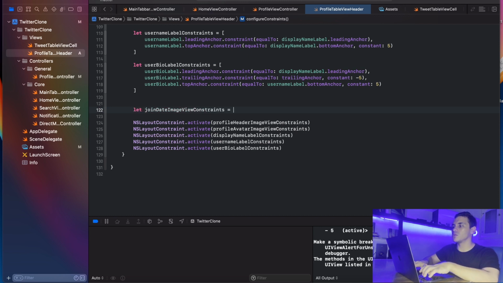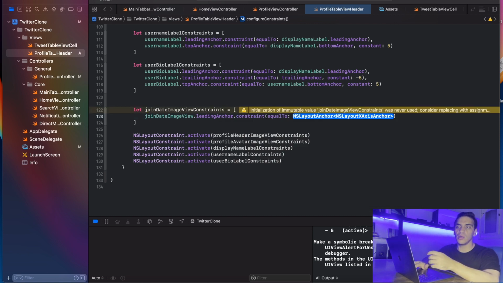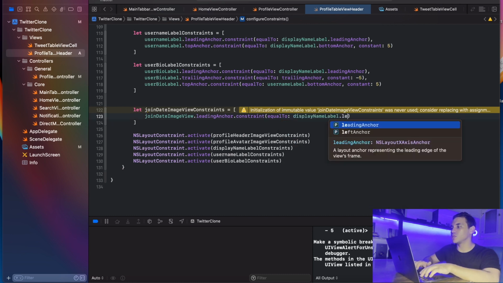Right, and that is going to be joinDateImageView.leadingAnchor. I'm just going to set everything with the leading anchor of the display name. So whenever we want to change the position of everything, we can just move the display name, and basically all of these components are just going to be pushed right or left. So displayNameLabel.leadingAnchor,